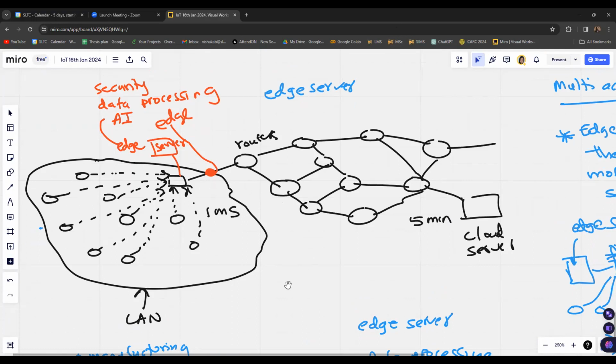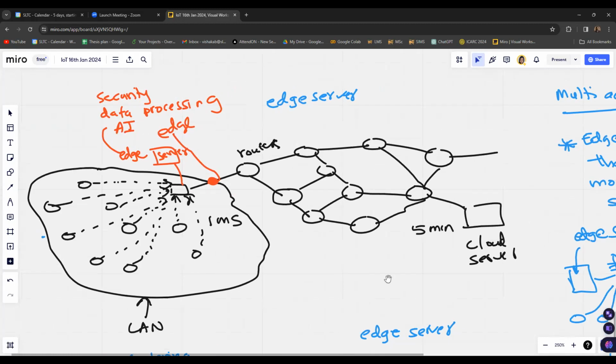When we discuss the need for these three types of computing, we can consider an IoT network, an application where we require IoT devices to be connected to a local access point.